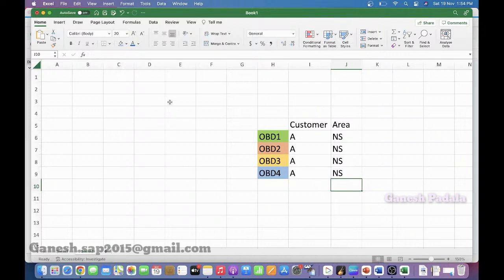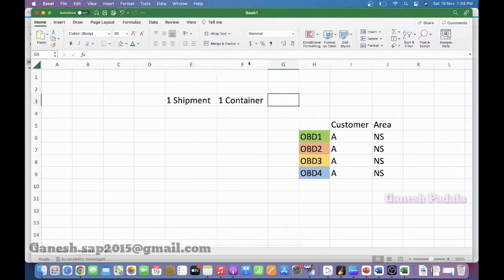Generally one shipment will be one container or one truck, whatever it is. They can send the entire material to different addresses, same customer or same area, so that they can distribute the materials in one container or one truck. In such cases, multiple deliveries will be combined into one shipment. Mostly we see this when the customer is the same.